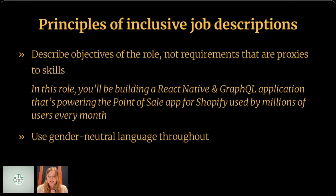As an example, rather than saying that you need 5 years of experience in React or open source contributions to GraphQL, just say that in this role, you'll be building a React Native application that's powering the point of sale app for Shopify, used by millions of users every month. That way, you're not describing someone's specific career path, but describing what they're going to have to do on the job and letting them self-select